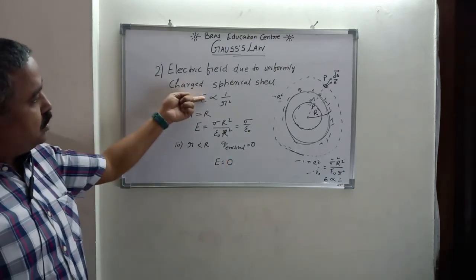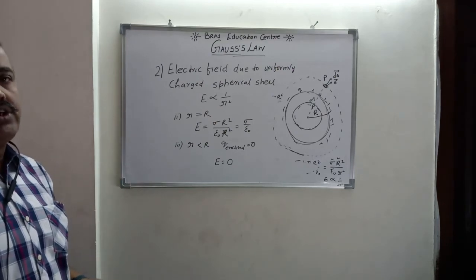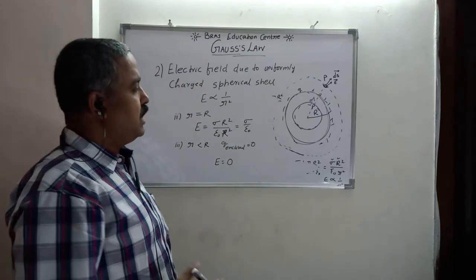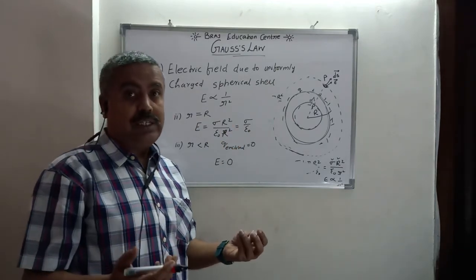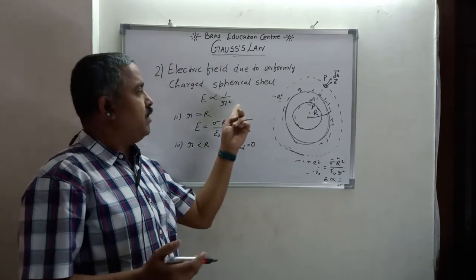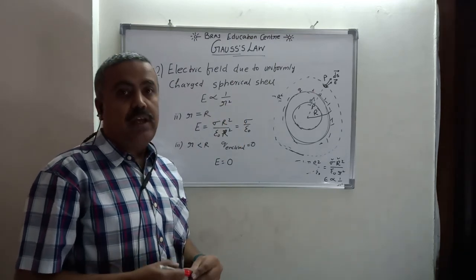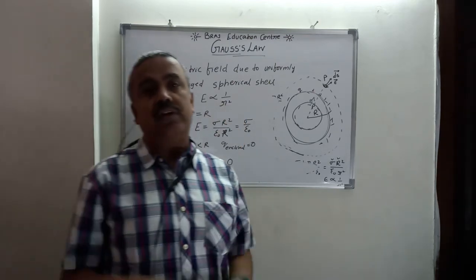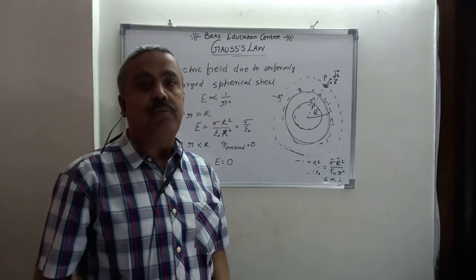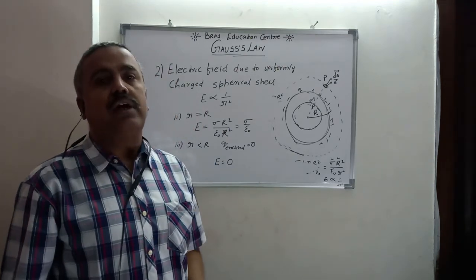And this relationship and this relationship helps us to make the graph of variation of electric field with distance for uniformly charged spherical shell, which we'll see. This graph will be constant for a certain time, and then it will vary inversely with the square of the distance. So this is what we have in our Gauss's law applications. There is one more application of Gauss's law about which we'll be talking in our next video.